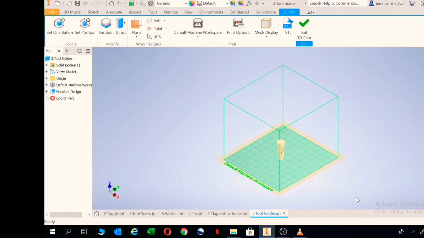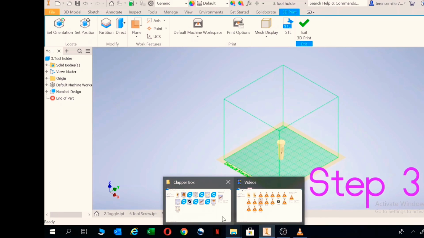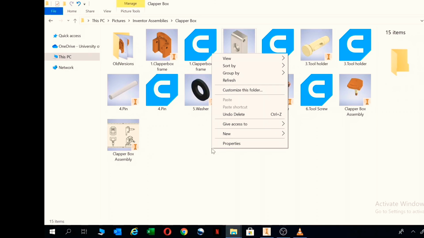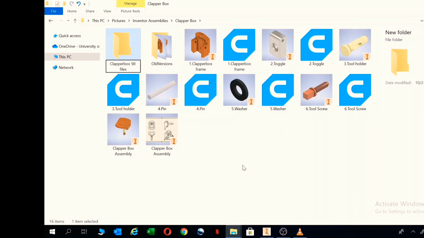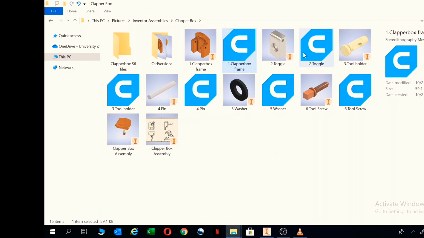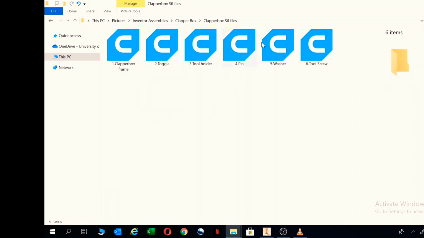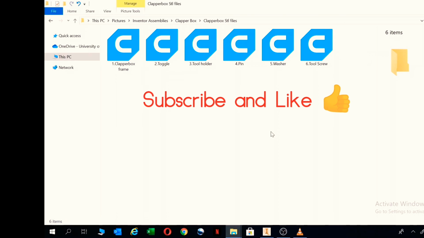Okay. Now, once we're done, we can go look at what our parts look like. This is step number 3. Okay, here's all our STL files. Let me just create a folder here. Okay. There's all the STL files. You'll put it in a folder and then you can take it